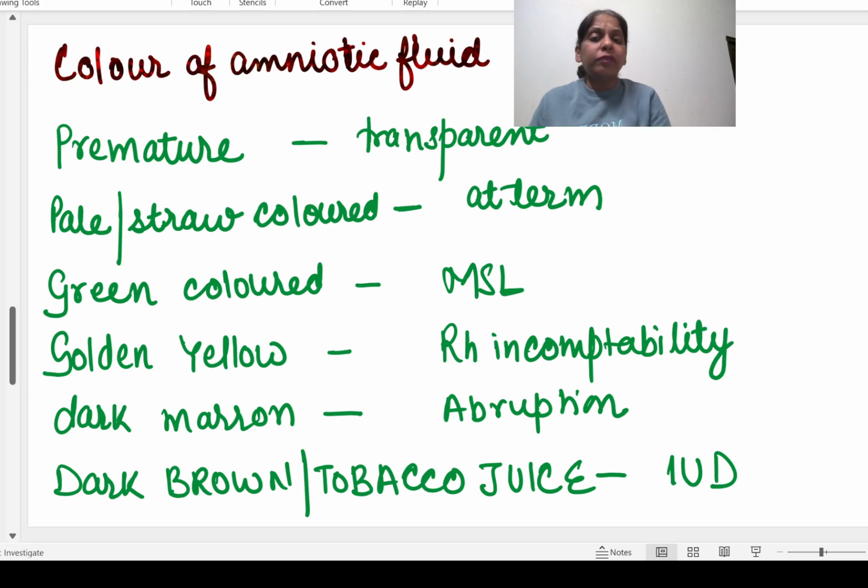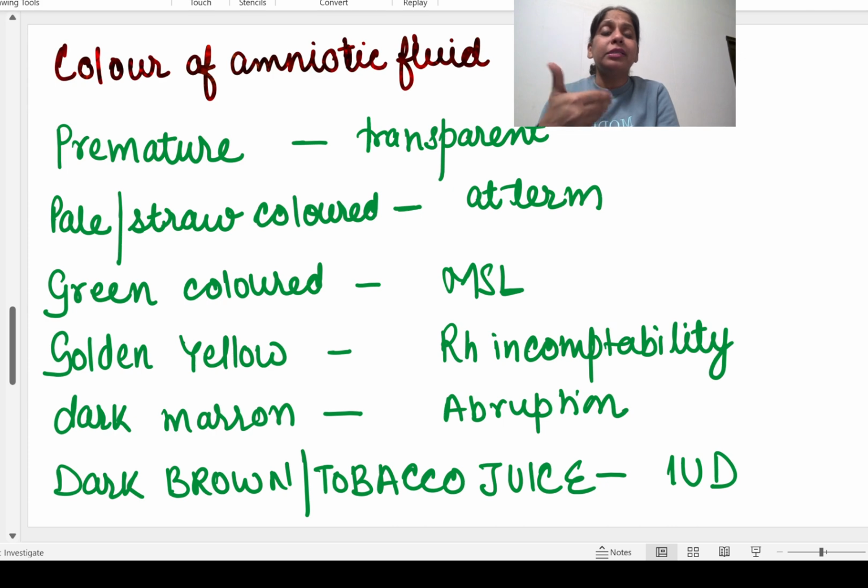the amniotic fluid becomes slightly yellowish, that is known as pale color or straw colored. They often confuse you in exams by telling it is a milky color. It is not a milky color, it is slight yellowish. You can say creamish, pale or straw colored. Green colored amniotic fluid is in the case of meconium stained liquor. The golden yellow colored amniotic fluid is in the case of RH incompatibility,